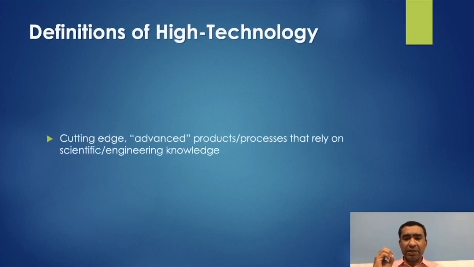Now let's try to understand what actually high technology is, what we call high technology, or what is high tech. High techs are the products or the processes or services that are being developed with the utilization of high tech engineering and other knowledge. Okay, now if I read this, the cutting edge advanced product processes that rely on scientific engineering knowledge. It means that it is basically innovation which comes from engineering or any sophisticated